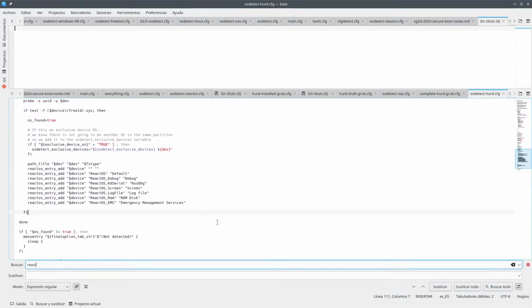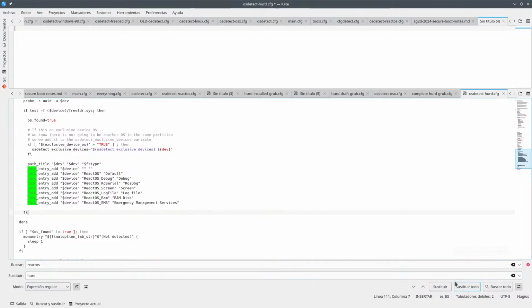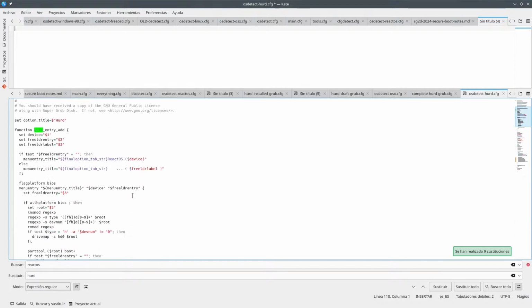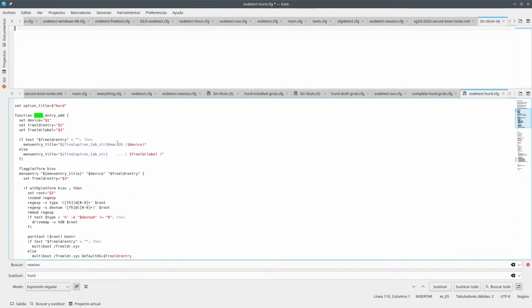So ReactOS Hurd. Okay, nice. Hurd entry. And so this is Hurd. Nice. So free LDR label. Okay, so free the LDR entry and label is